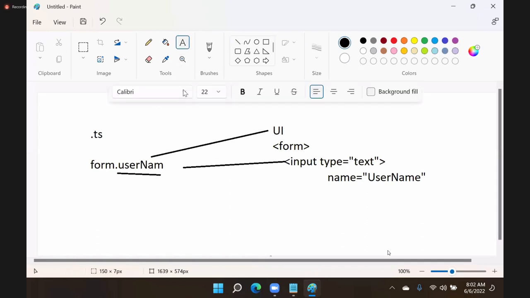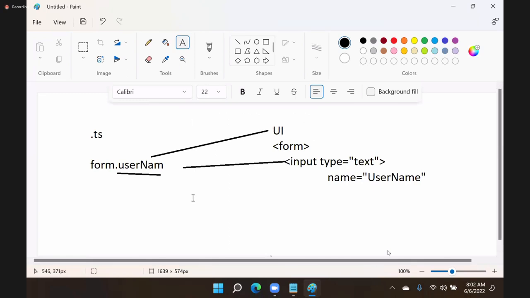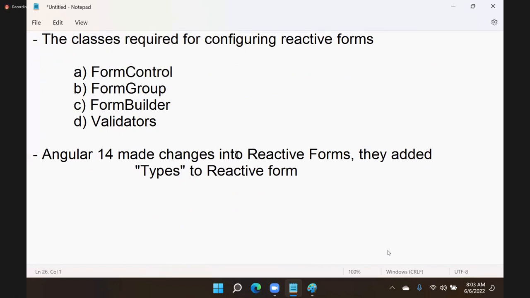So Angular 14 is ready, but there are no major changes in Angular 14. They have made some changes in Angular Material components. They have designed standalone components newly. Later I will tell you. Angular 14 made changes to reactive forms. They created types, which we call typed reactive forms. And another thing Angular 14 introduced is